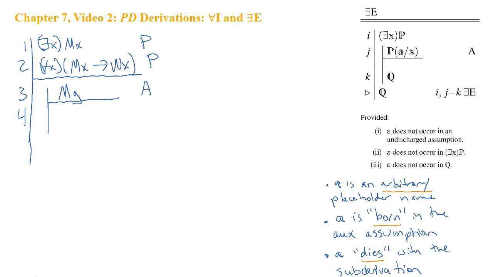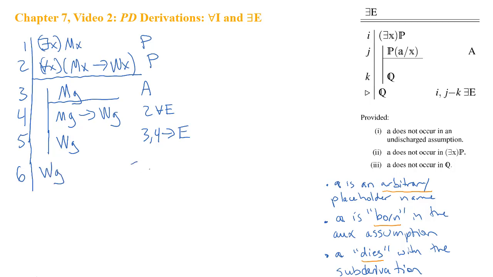Now, from line 2, all mothers are women, we can get if Gregory is a mother, then Gregory is a woman. That's a universal elimination from line 2. Continue the subderivation a little bit longer. 3 and 4 and arrow elimination get us that Gregory is a woman. And again, there's really no problem here. Based on the assumption that I'm a mother, it follows from premise 2 that I am a woman. Now suppose we take line 5 and we move it out of the subderivation. And we try to call this 2, 3 through 5